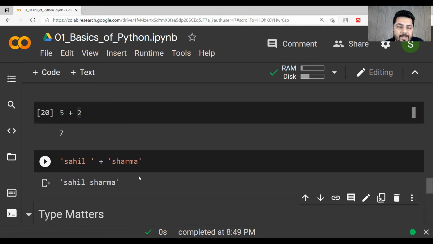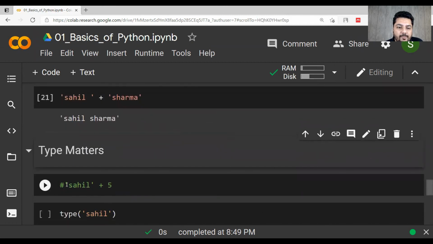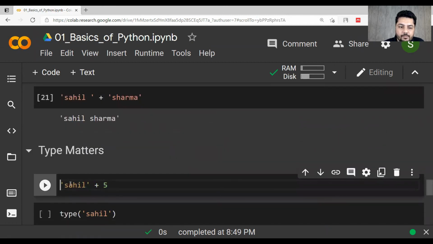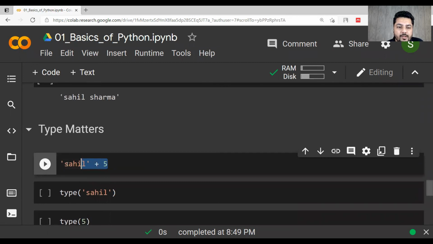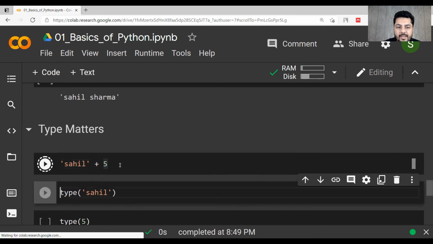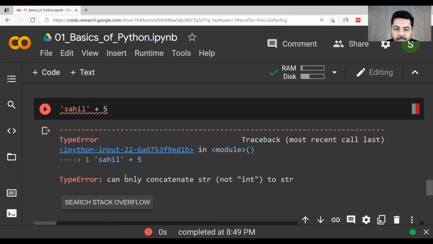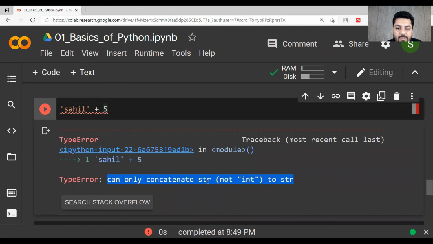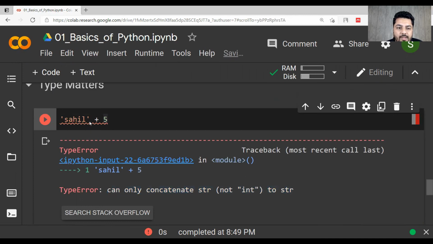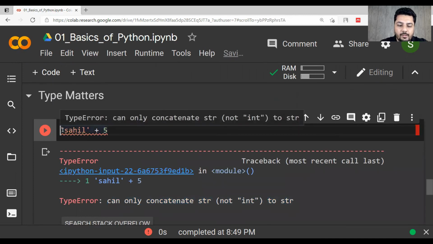And now if I write Sahil plus 5, then what will be the output? Any ideas? There will be an error. Why? Because string plus number cannot be done. And that's what is being written here: can only concatenate string to string, not integer, right? So if I comment it out,